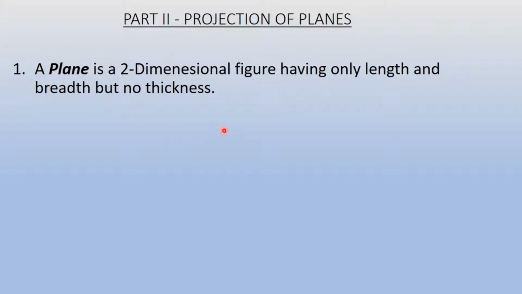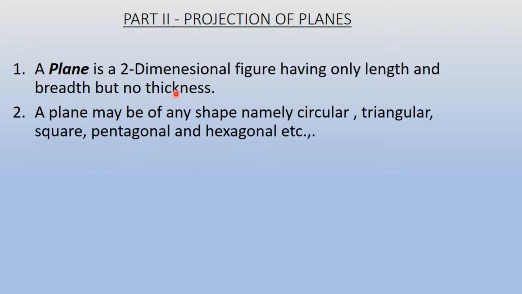A plane is a two-dimensional figure. It is very different from the solids. Solids will have three dimensions, as we know already: length, breadth and height. That means the thickness. But for a plane there will be no thickness. A plane can be circular, triangular, square, pentagonal or hexagonal. To understand the plane, let us take an example of your ruler or scale with which you draw lines. It's similar to a rectangular plane because it has negligible thickness.